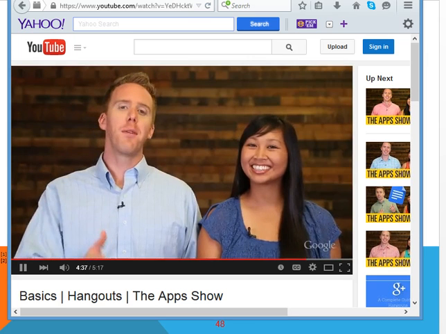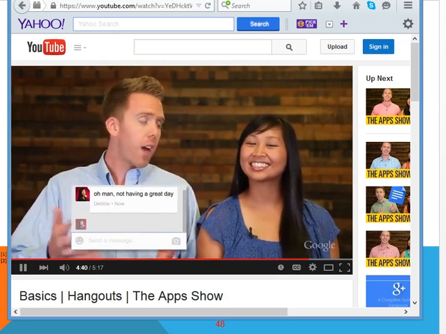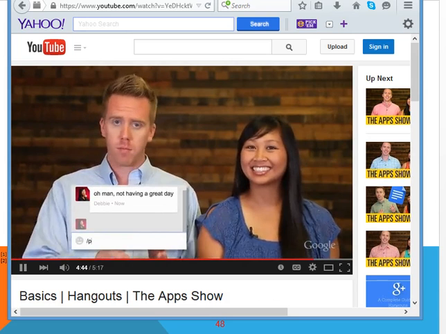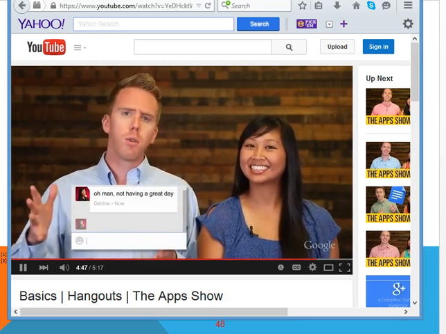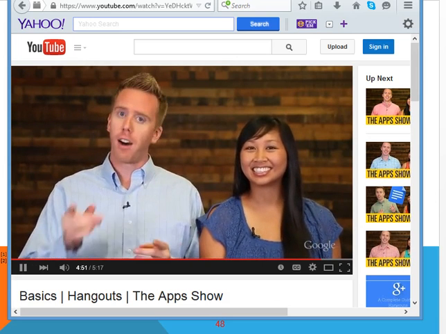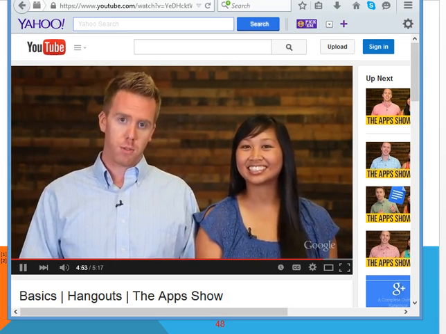Now for the fun part. If you're in a chat with a friend and say they're having a bad day and you want to cheer them up, just type in /ponies into the Hangout. Literally just /ponies. You see a beautiful pony just gallop across the screen. That's what we call an Easter egg. Now, if you want to find more, we'll let you Google search that.